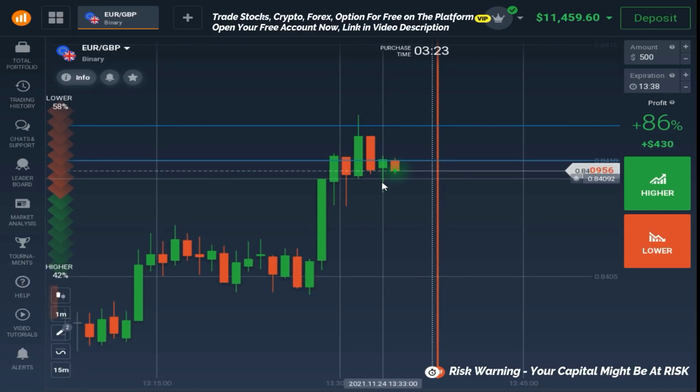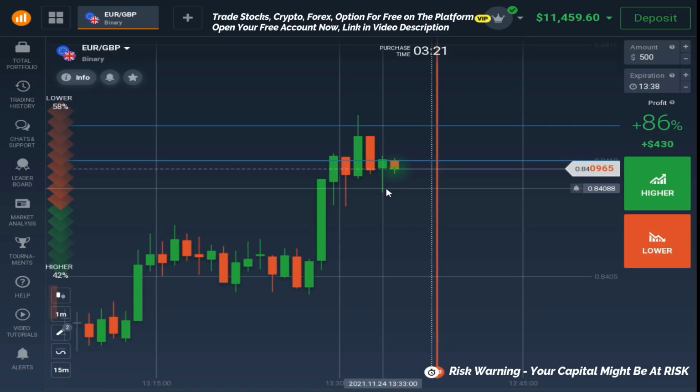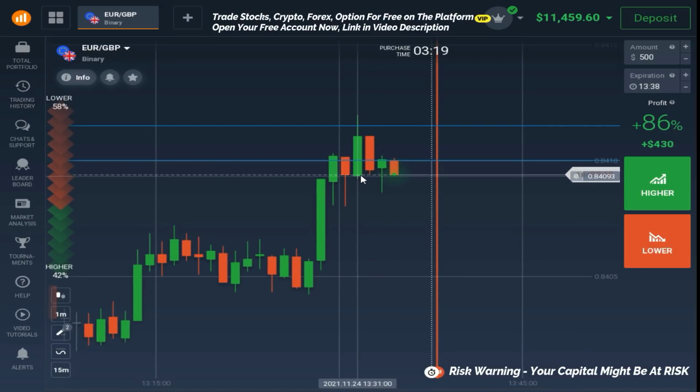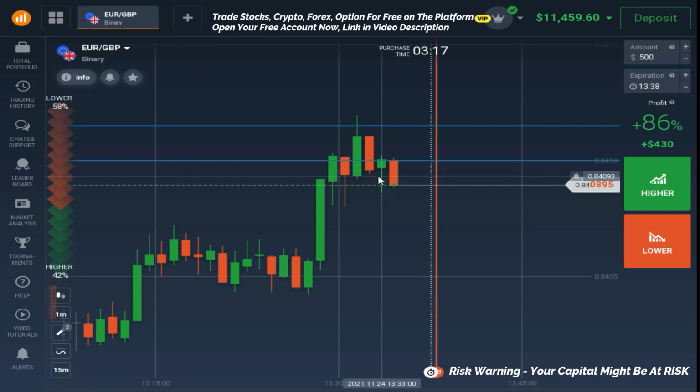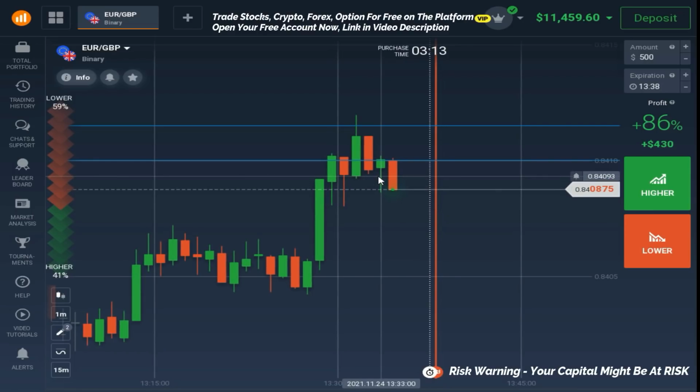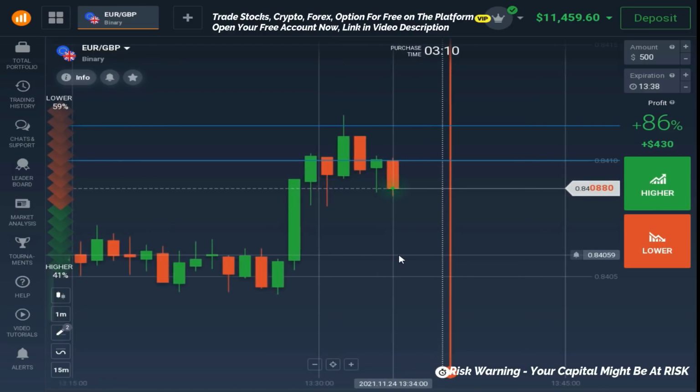This is a buying signal. It's a sign that buyers are interested. So placing a lower option here will be much riskier. I don't want to risk my money because I know when to place the trade. Now